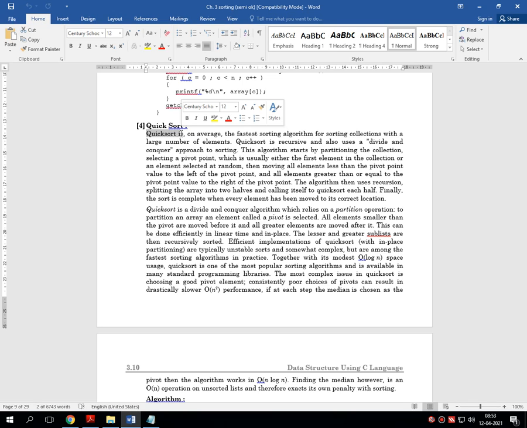That's why this is called quick sort. Again I am repeating my words: quick sort is the fastest sorting technique available in data structures up till now.